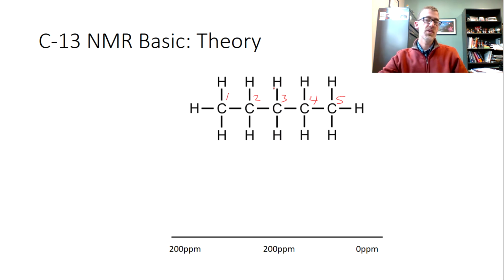We should see that the 1 and the 5 carbon are the same, 2 and the 4 are the same, and 3 is unique. And so like before, these terminal carbons will be downfield here. I think numerically, they're going to be something like 10 parts per million. And so this is what will allow you, when you see in the spectra where they show up, you can